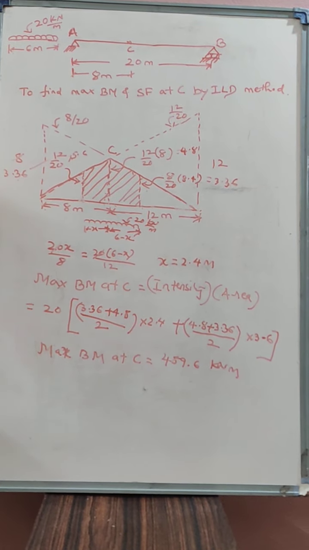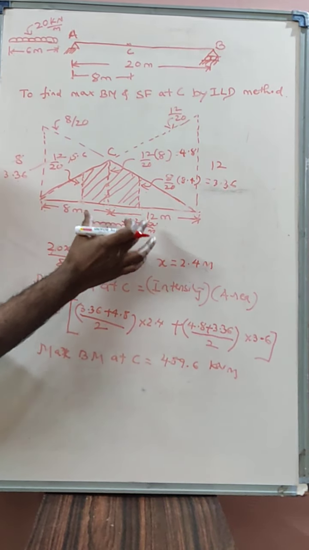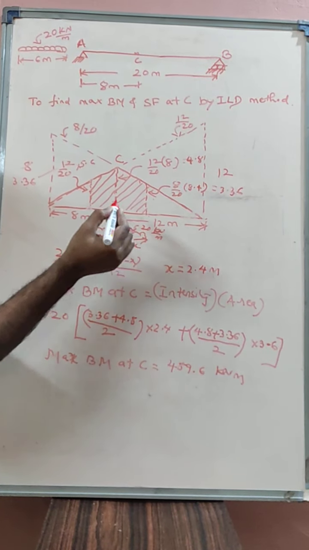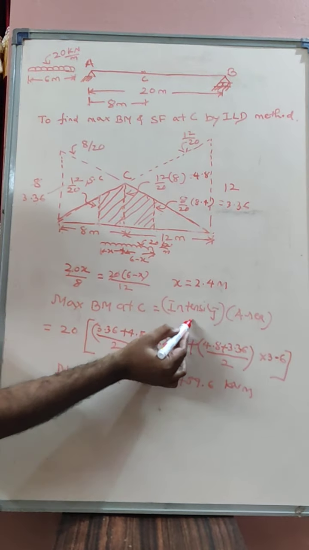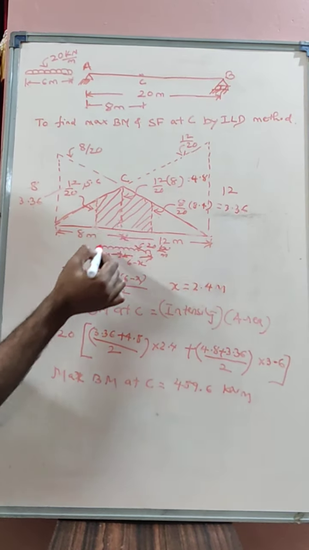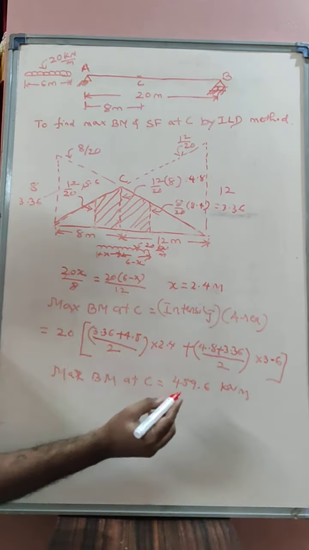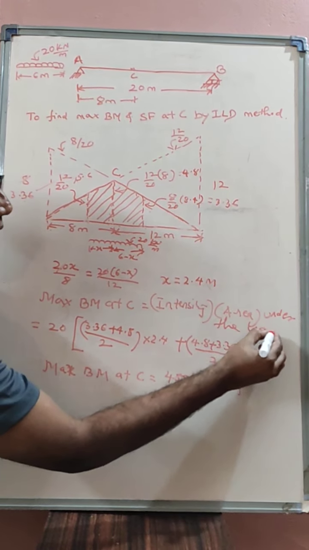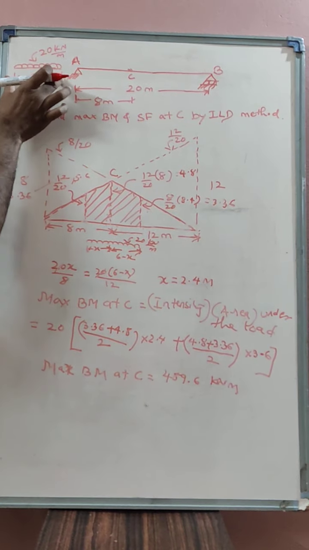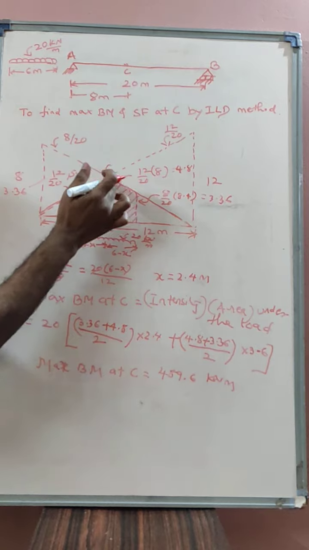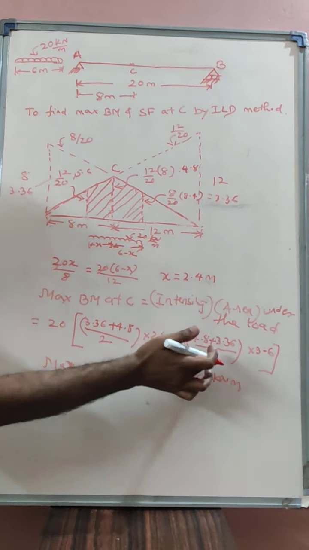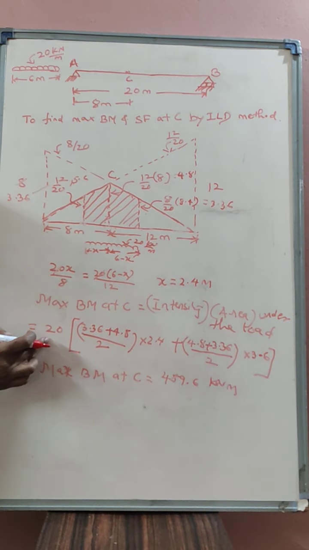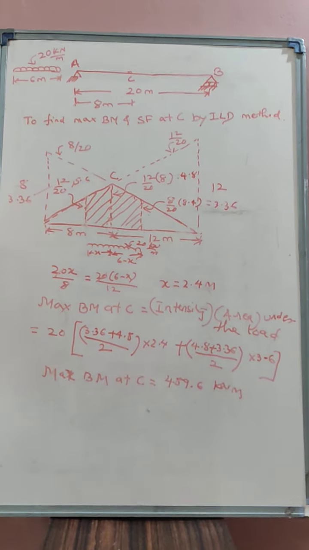Only one trial. The only thing is you have to keep the load in such a way that the intensity on both sides is same. Then find out these ordinates. This ordinate is already found out. Then the maximum bending moment is intensity into area under the load, this complete hatched area. You can write that down if you want. Whatever load is there, that is for 6 meters, the load occupies that portion, so that area you have to consider, that is the hatched area. That's what I have done here. Sum of the two parallel sides divided by 2 into distance, again sum of the two parallel sides divided by 2 into distance, into intensity. So this is how we can find it.